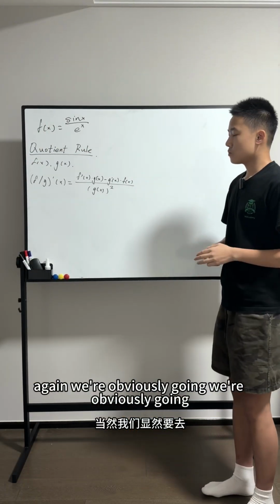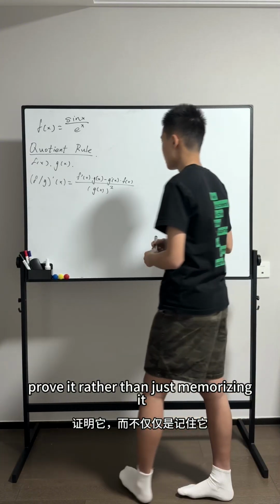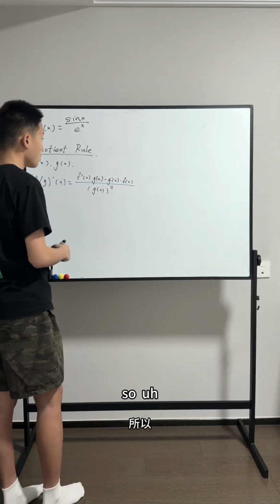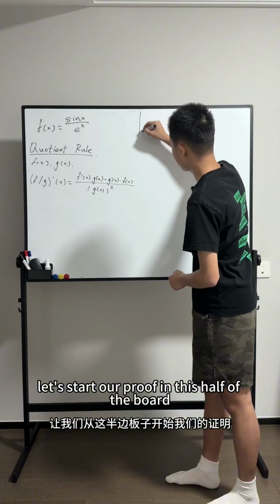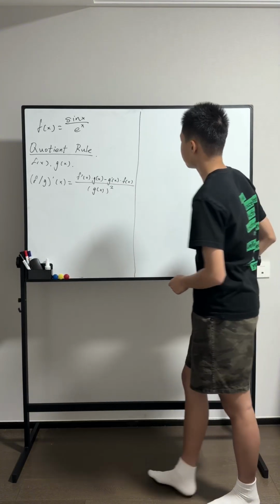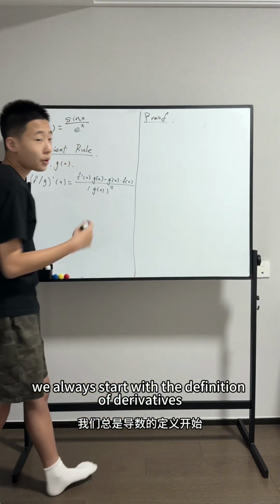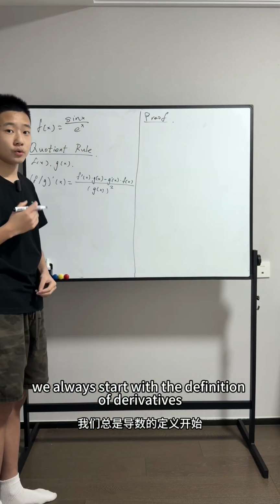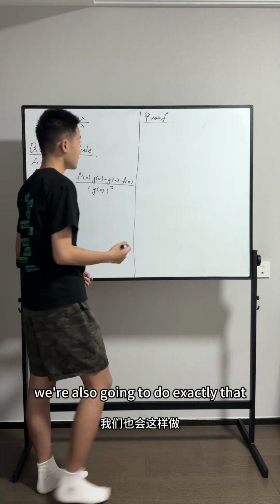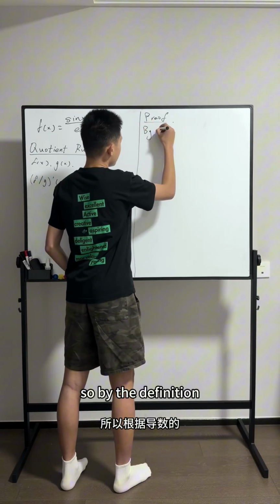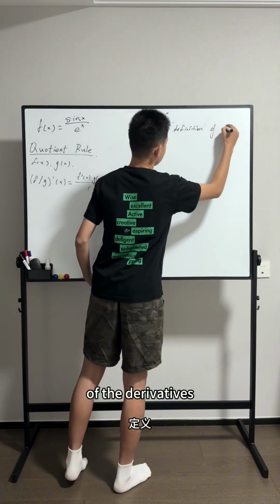And again, we're obviously going to prove this rule. It's always better to know how to prove it rather than just memorizing it. So let's start our proof in this half of our board. So proof. Again, we always start with the definition of derivatives, and in today's proof, we're also going to do exactly that. So by the definition of derivatives,